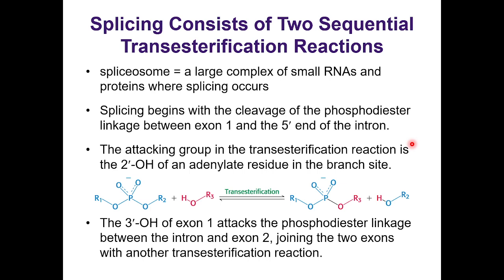Probably because RNA was the original thing that all the viruses and different organisms that predate was using. So the splicing begins with the cleavage of your phosphodiester linkage. This is going to be between the exon 1 and the 5' end of the intron. The attacking group in the trans-esterification reaction is going to be the 2' OH of the adenylated residue in your